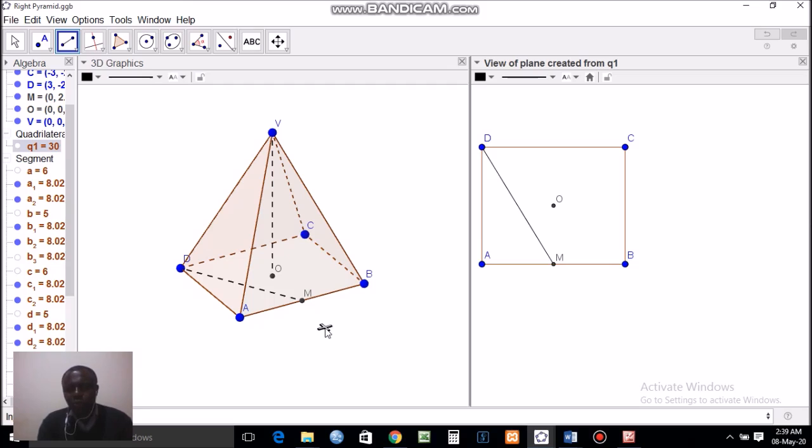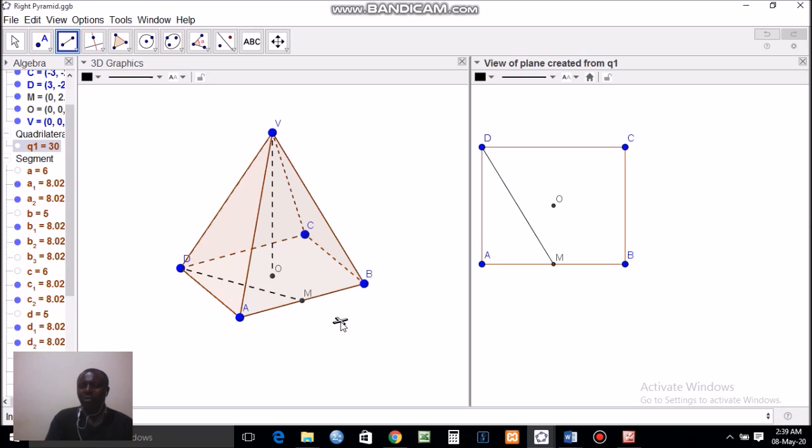But before we do that, we need to understand what is the shape of ABCD. Now, ABCD is clearly a rectangle, and so we're going to draw a rectangle separately, not what we are seeing in the 3D. In the 3D, we are seeing ABCD as a parallelogram. We shall not draw a parallelogram because that is a confusion that normally comes when you look at three-dimensional drawings. It's very common. That's why I said earlier that it is important to look at the pyramid and understand it from the